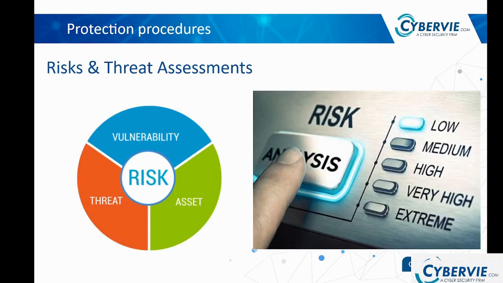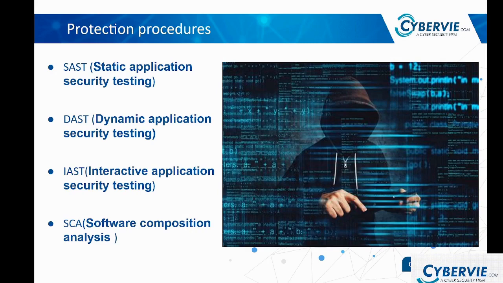In AppSec, risk and threat assessment play a critical role in identifying and prioritizing potential vulnerabilities and threats to application security, enabling proactive mitigation strategies to safeguard the infrastructure. If some vulnerabilities still persist, we need to rate the severity of the defects and publish a comprehensive report to get a clear understanding of the threats and risks involved in that particular application. And the last method involves security testing of the application using different methods.